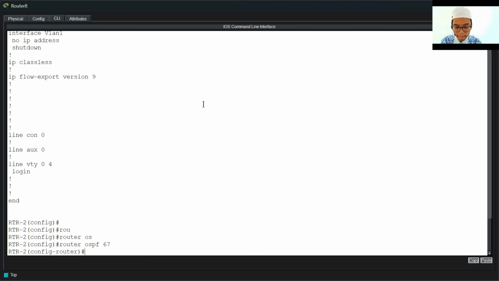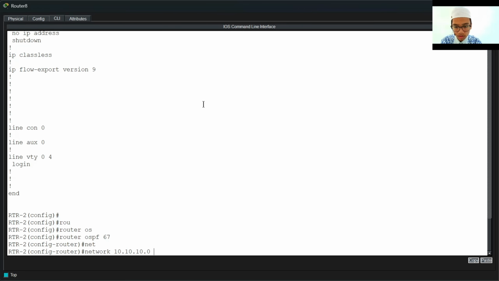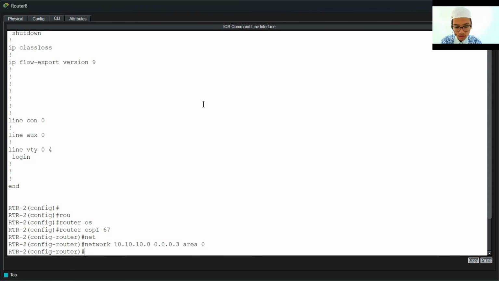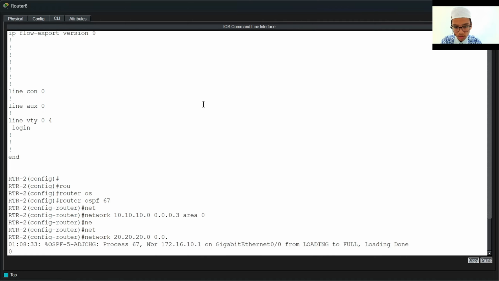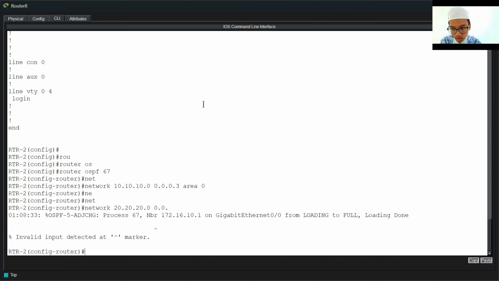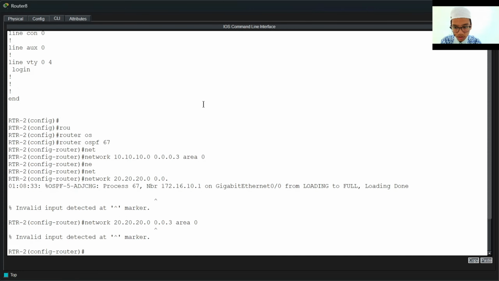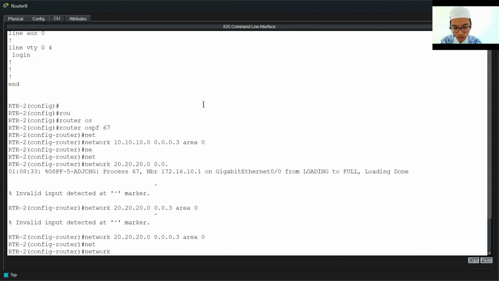Okay, after that add the network 10.10.10.0 with the wildcard and the area, and then 20.20.20.0, and the area 0. Then the network to the PC, 172.16.20.0. Yes, like this.